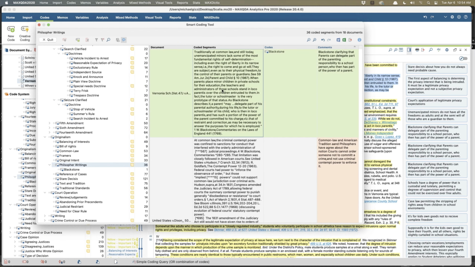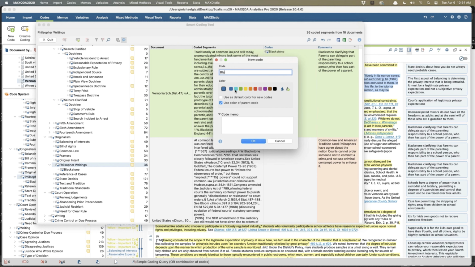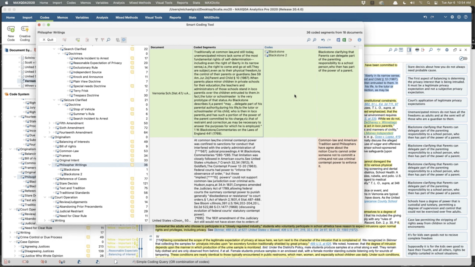If I right click on this, I can say create and assign a new code. We'll call this Blackstone 2. Now you'll see that it gets automatically created.